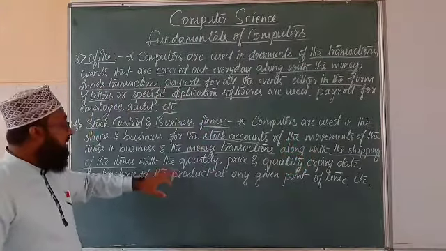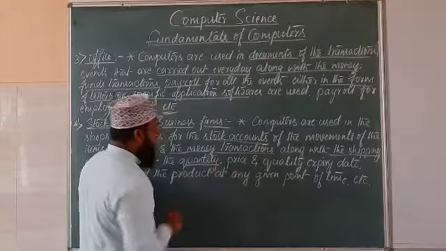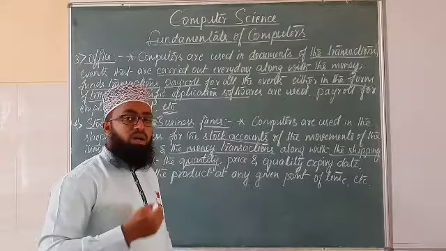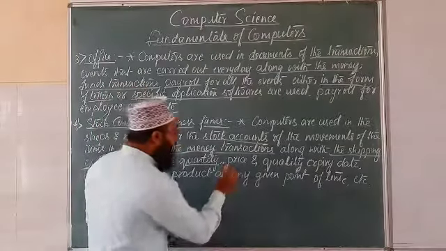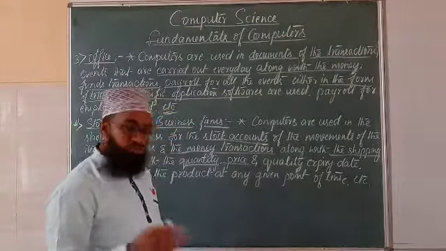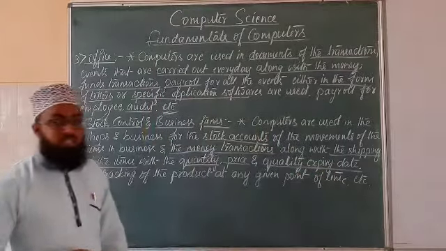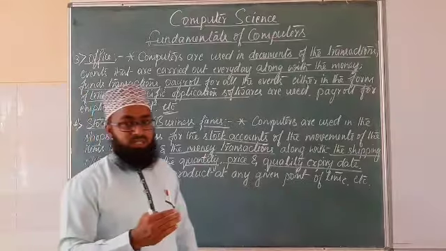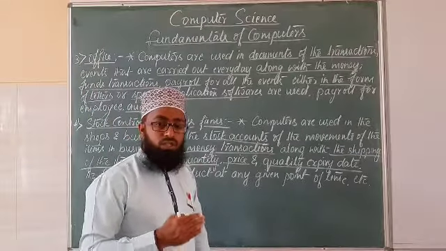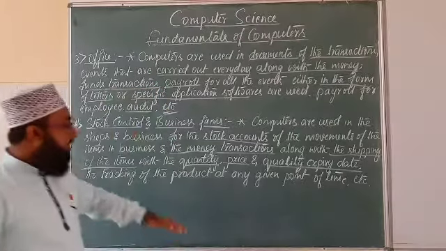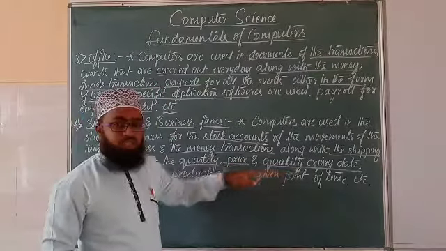And along with that, what is the quality, and how much quantity? Quantity means how much stock we have and how much we have dispatched. Then what is the price of the goods? We have to maintain this through the computer. Then the quality expiry date, that is, on which date the goods are going to expire. For maintaining all these things,